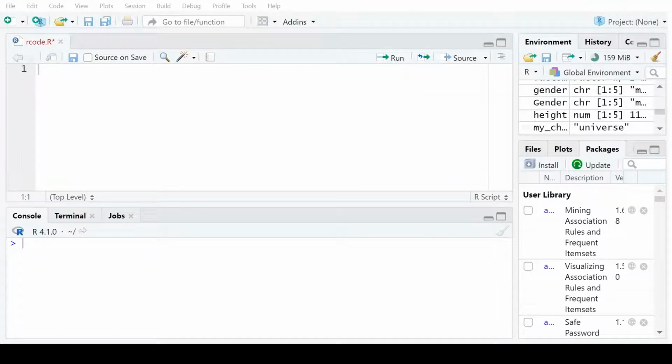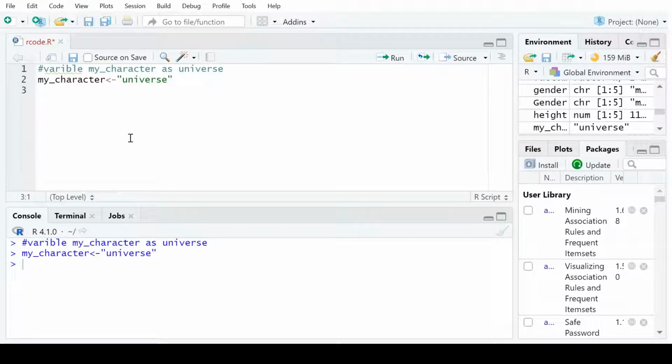The issue was because we didn't put the value in quotes. So now we put universe in inverted commas, my character as "universe". When we execute this, then it is created.